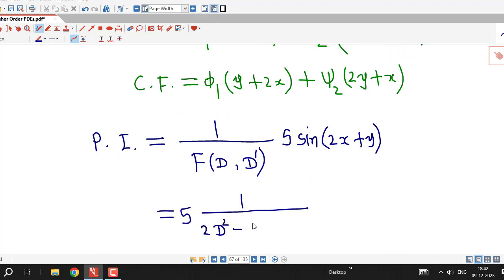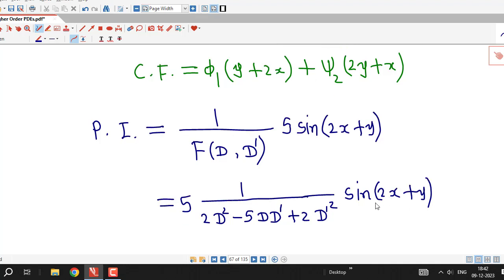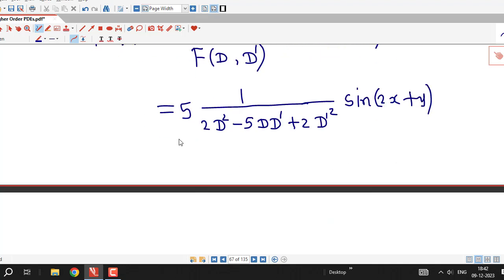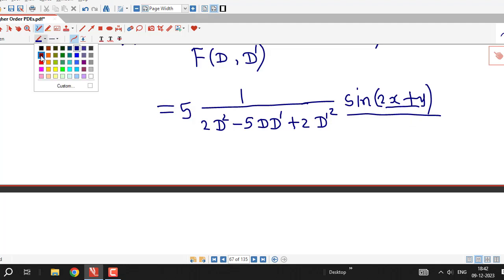2d square minus 5d d dash plus 2d dash square on sine of 2x plus y. Now as we have discussed in lecture number 10, whenever we have sine of ax plus by or cos of ax plus by, first we find out what is a and b. If we compare this 2x plus y with ax plus by, we see that a is 2 and b is 1,